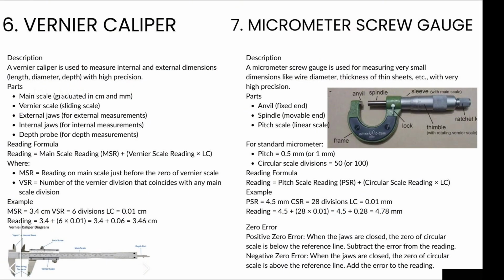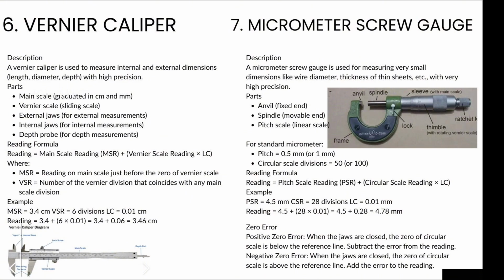So, for example, if your pitch scale reading, PSR, is 4.5 millimeter and your circular scale reading, CSR, is 28 divisions, and you know the least count of your micrometer screw gauge is always 0.01 millimeter. They might not give you that, you have to know it. So you simply put it into the formula: 4.5 plus 28 times 0.01, and that gives you